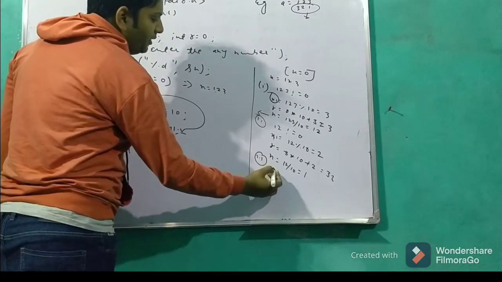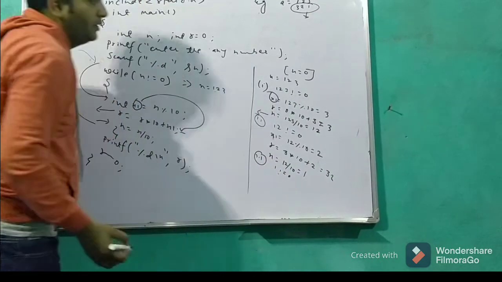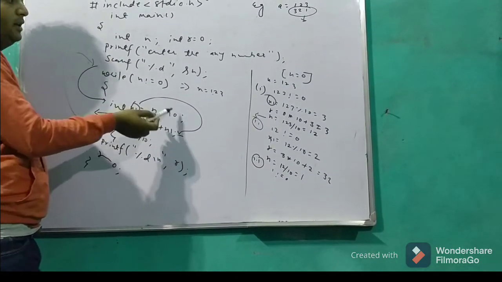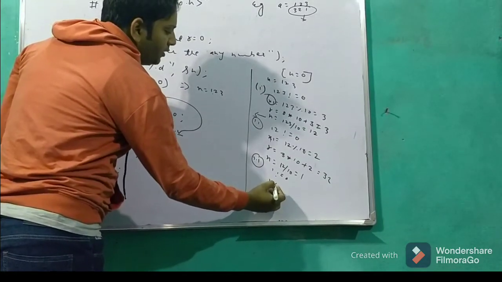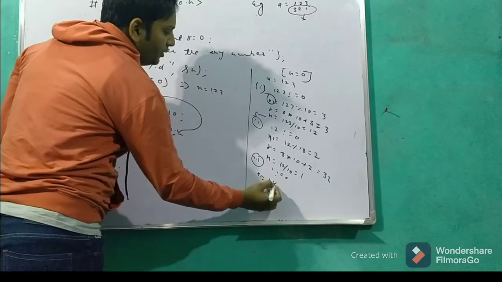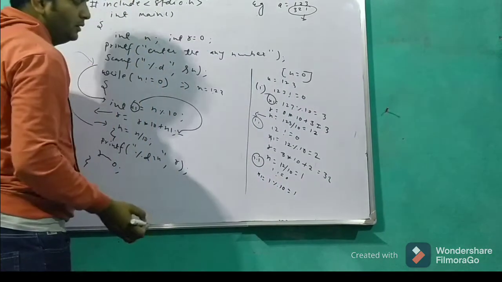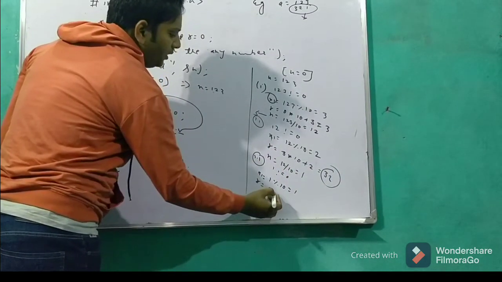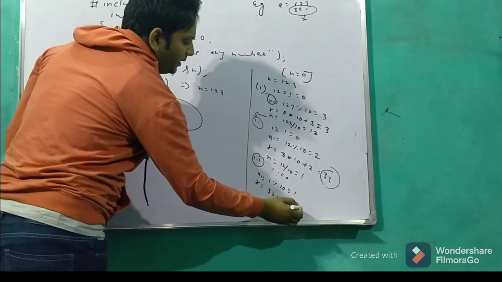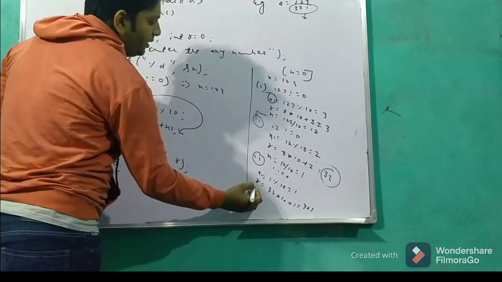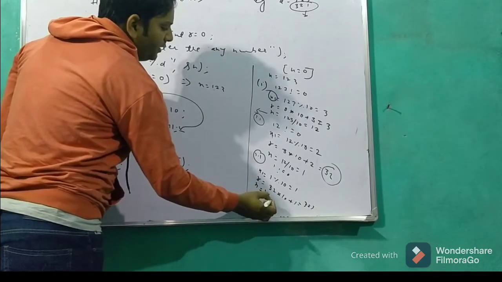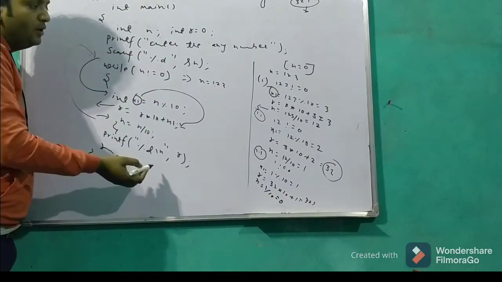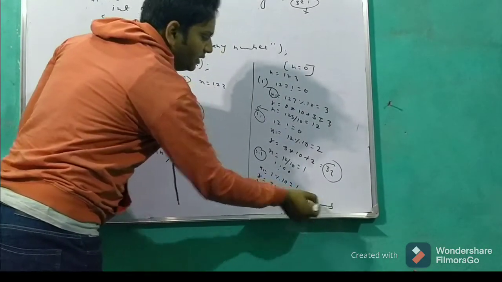So it is going to check the third iteration. Third iteration: 1 is not equal to 0. Again n1 equals 1 modulus 10, which is 1. Now r is 32 into 10 plus 1. What we are getting: 3 2 1. Now again we divide n, 1 divided by 10, and we get 0. Finally it mismatches our condition, then it is going to display our result. This is the result.